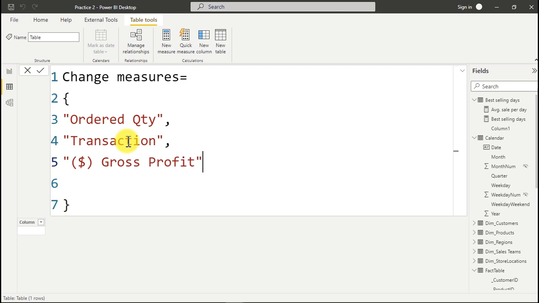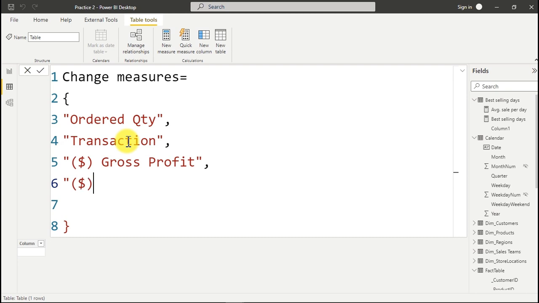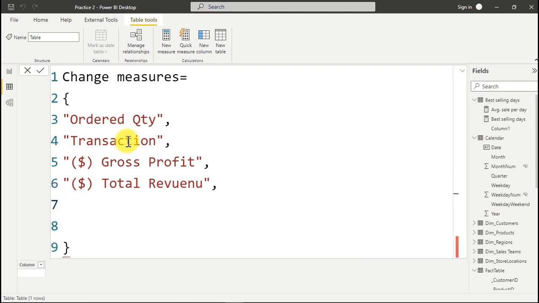So gross profit, we can close it. Your comma again, Shift Enter. And now we have to do that to revenue. Do the same thing, close the bracket, close this, and we just have to say total revenue. That is it. So we close it, and the last time, comma, Shift Enter, then open bracket, dollar,